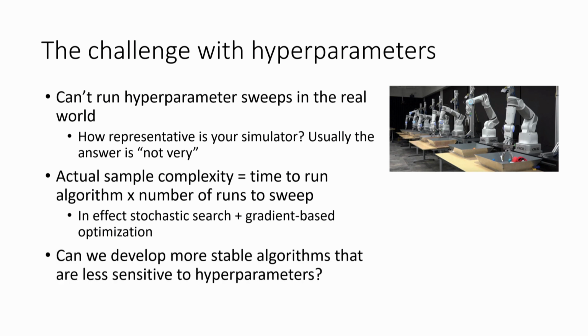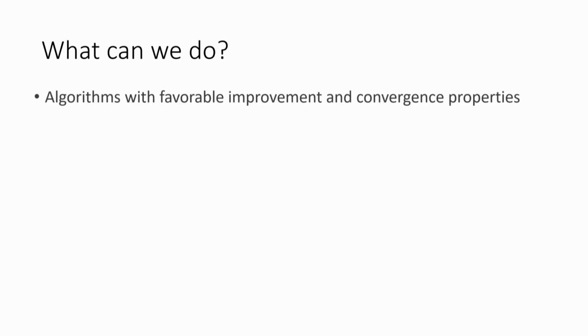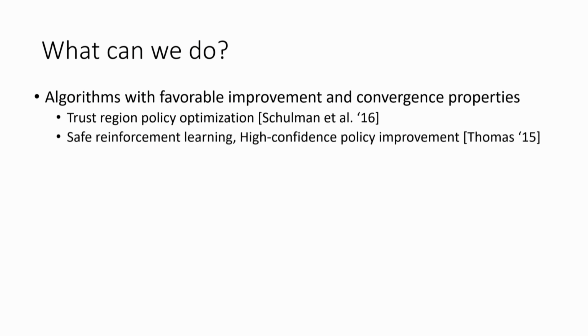So you can think about whether we can develop more stable algorithms that are less sensitive to hyperparameters. You can think about algorithms with favorable improvement and convergence properties. And there has been quite a bit of research in this area, but to date, no single good solution. If you want a few pointers, there's some discussion of guaranteed improvement, under assumptions that probably don't hold in the real world but are at least a starting point, in the original trust region policy optimization paper. There are some methods that have looked at safe or high confidence policy improvement methods, so where you